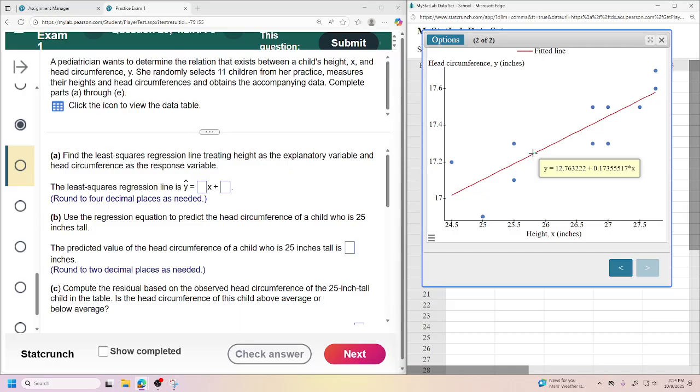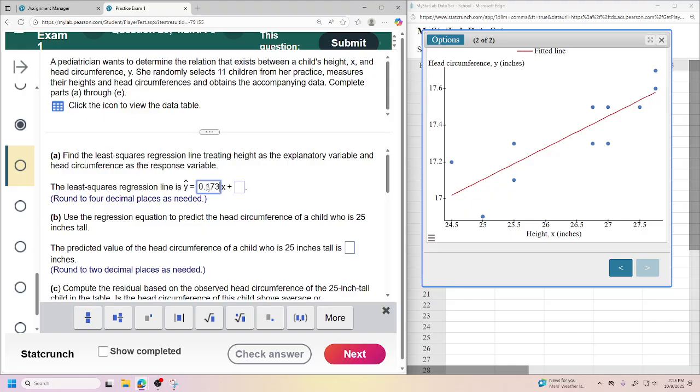And remember, it's the second number that actually comes first, because it's like with the x. So 4 decimals. 173. I think, is it 6? I mean, once you round up to 4 decimals, you're right about the 4 if you were doing 3. It says 4. Yeah, you're right though. 1736, was it? And then I got 12.7632. 12.7632. Okay, cool. So it says, use this to predict what's going on at 25.